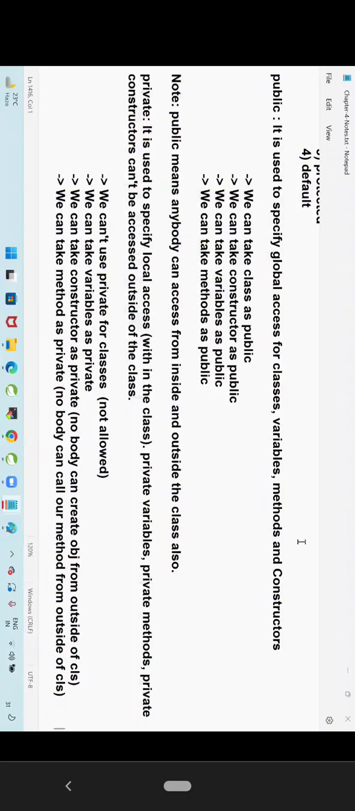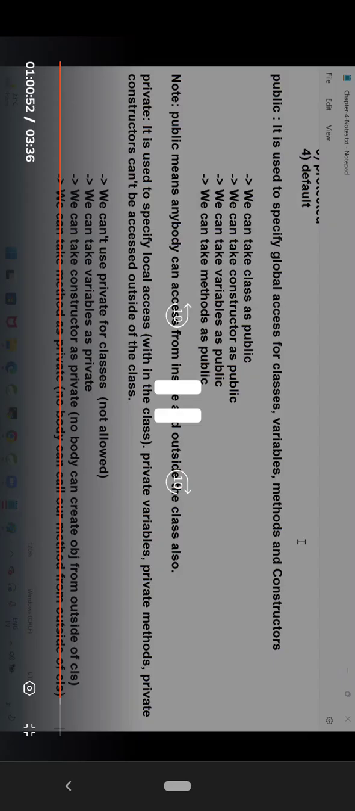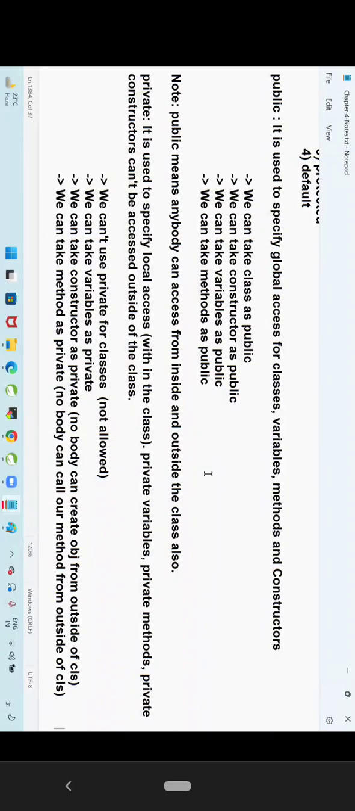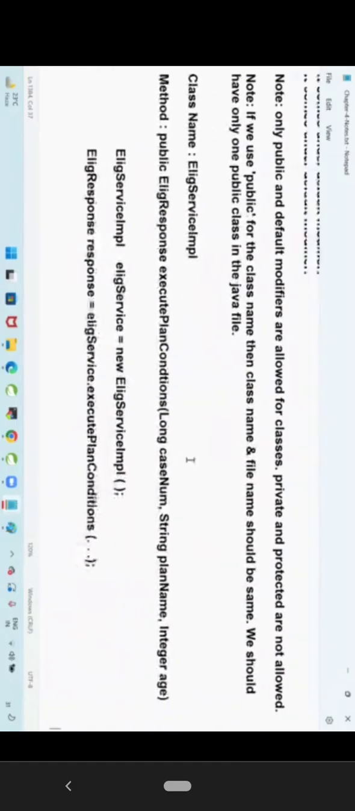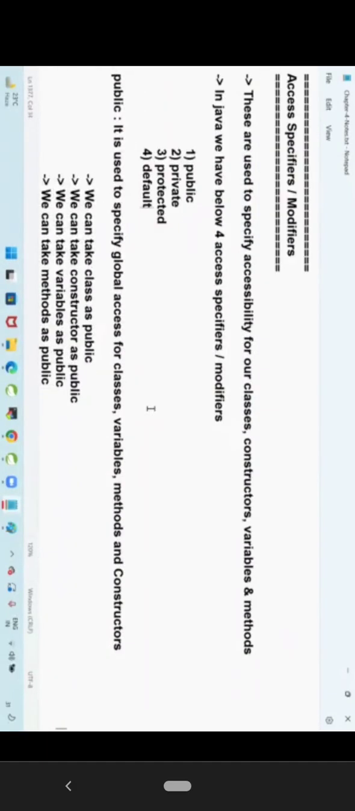Not only public, you can take the class as default also, Mr. Kamal. But that can be used in the future. Our classes should be visible to the JVM, that's why we go for public. Can I make the class private? If I make the class private, what happens? JVM is not accepting that. If I take protected also, it's not accepted. Only public and default are accepted for classes. For variables,